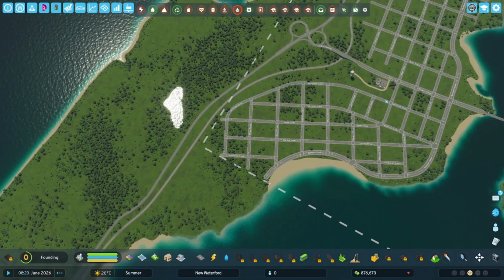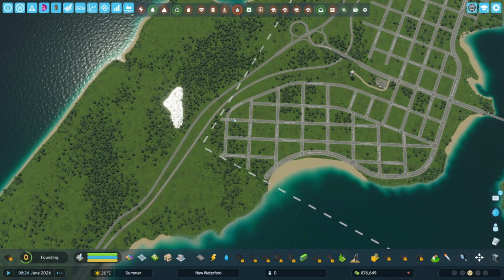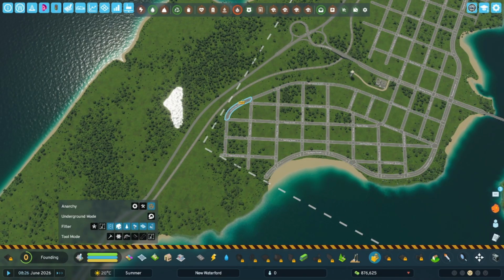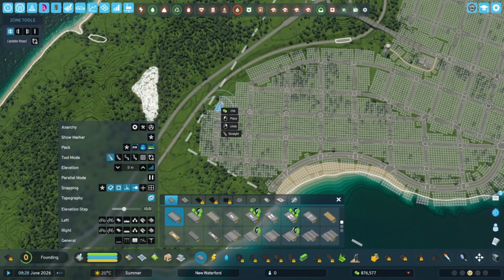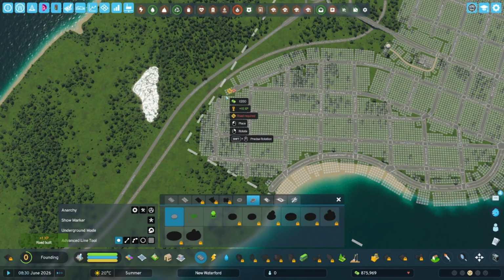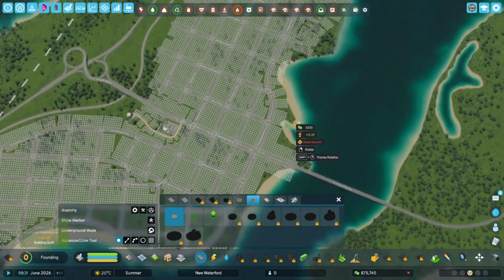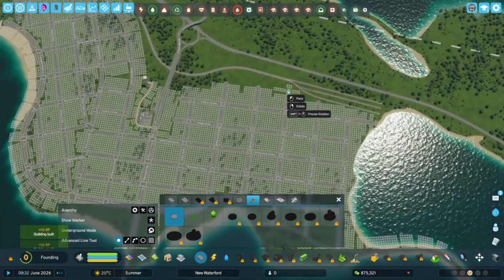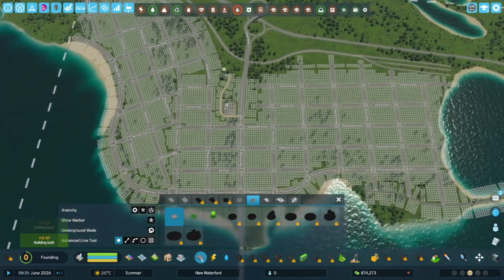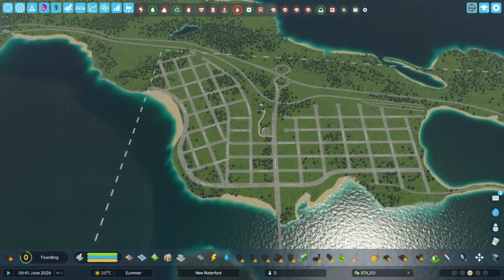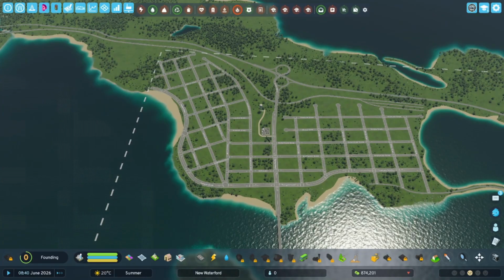And then for the road names, what is this? It curves and it goes around. I have an idea. There we go. Okay, I like the way this looks. Now we just need to zone. And yeah,